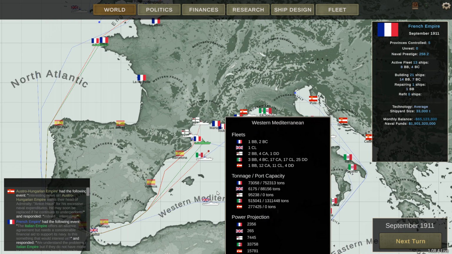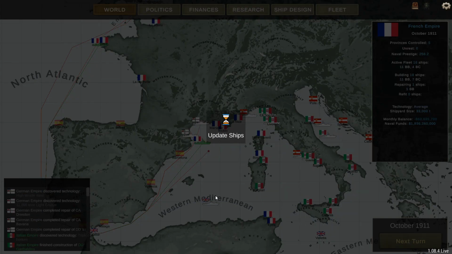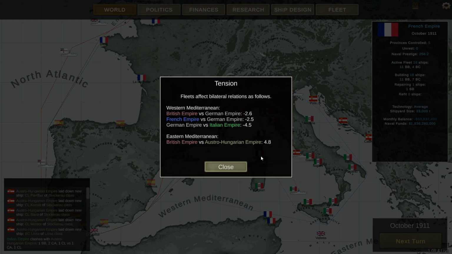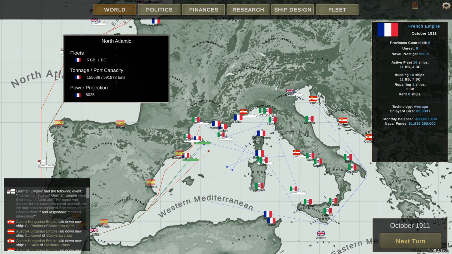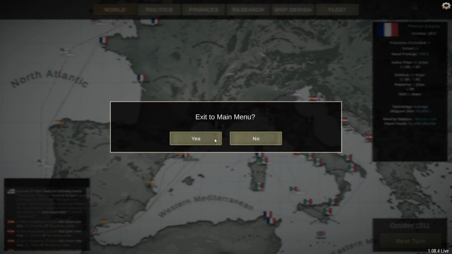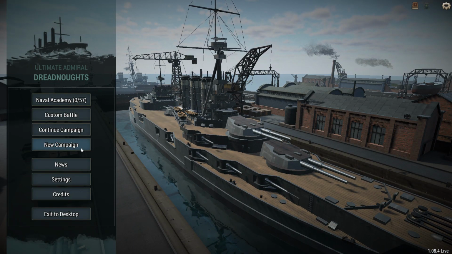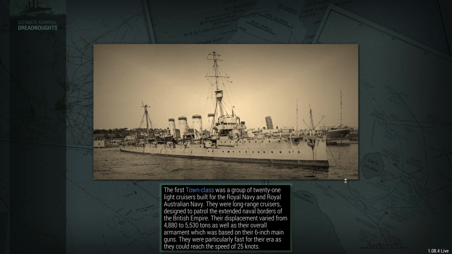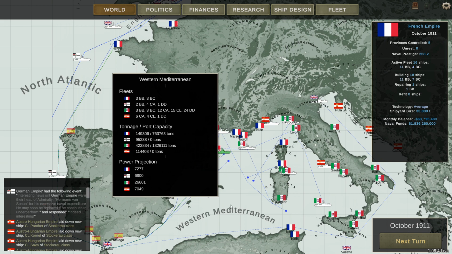Right then, what are we on? It hasn't updated yet. So let's skip turn and then exit and reload to update the power projection. We're at 7, 2, 7 and 5,000. That might actually be the correct amount, but I don't think so. Yeah, so it's just doubled it in the North Atlantic, but this one still stayed the same, so...